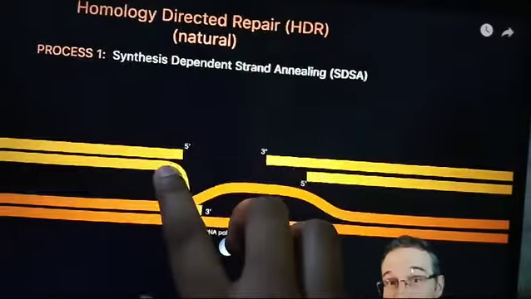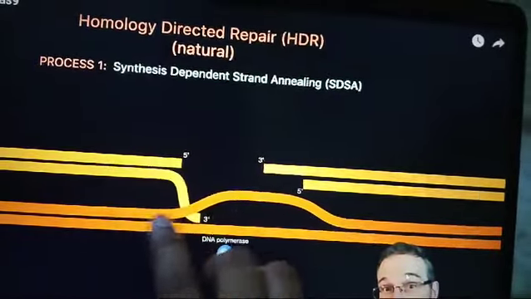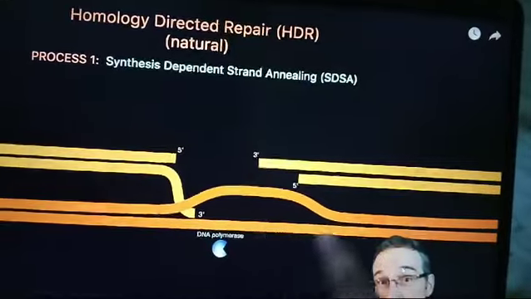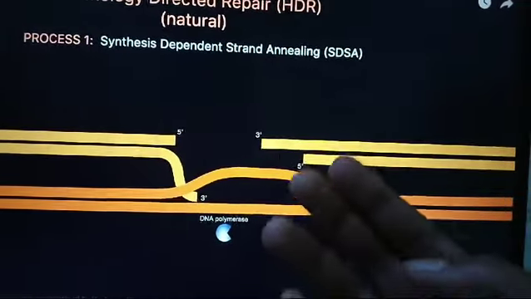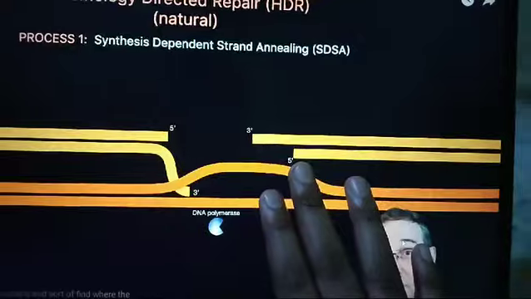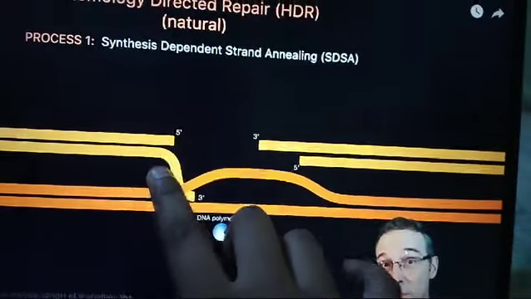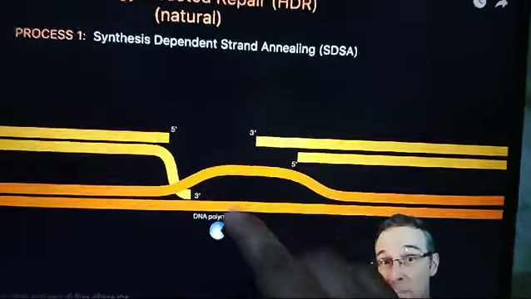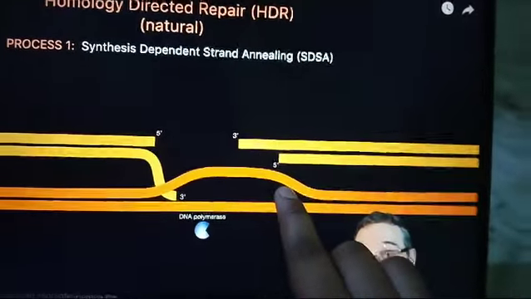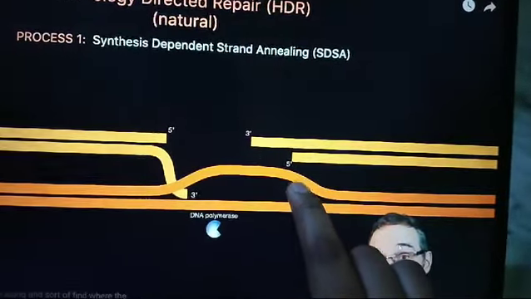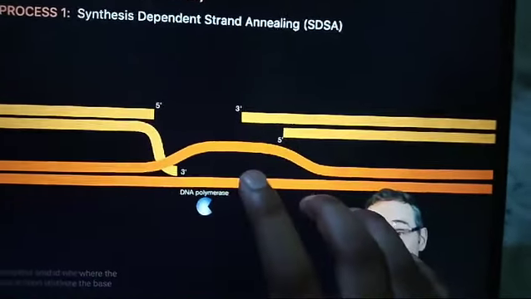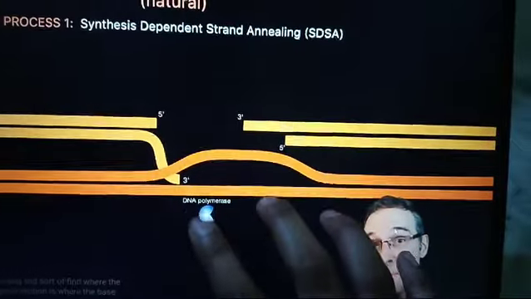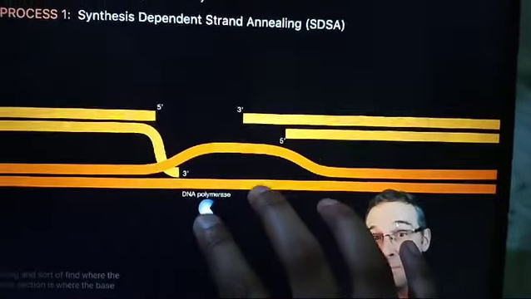this procedure, that this strand comes up to here. This is the homologous DNA being present, meaning there is a pair of homology in our genome. So here this strand comes up here, and then DNA polymerase will extend it as far as needed. Still, here is a question: how will this DNA polymerase get to know where to stop,